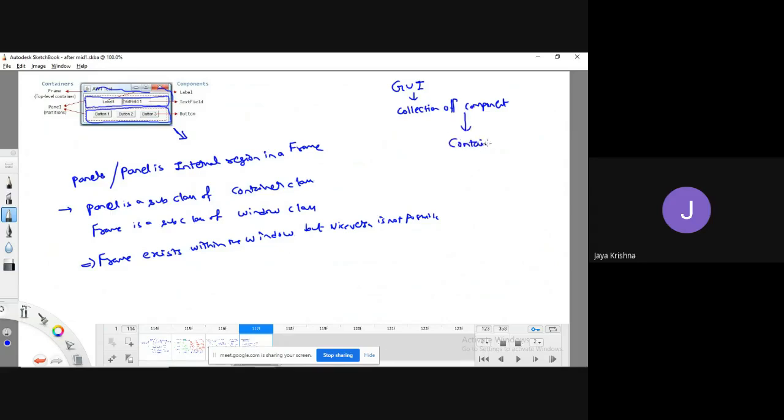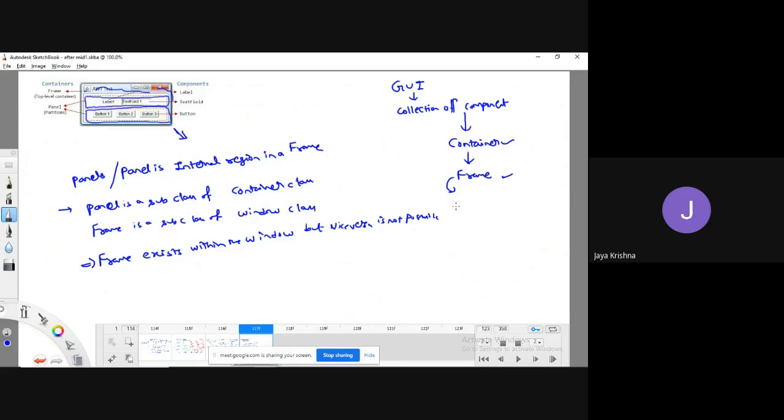That is what we have discussed right now. It is simply a screen where we can add all the GUI components. Among these container components, one of the components is a frame component. What is frame? Frame is a container. It is able to manage other GUI components like all the labels, text fields, list boxes, etc. Guys, if you observe, everything is a class. Am I right or not?